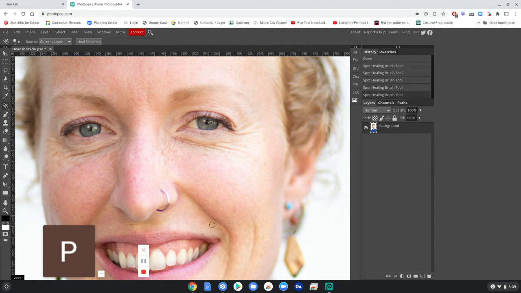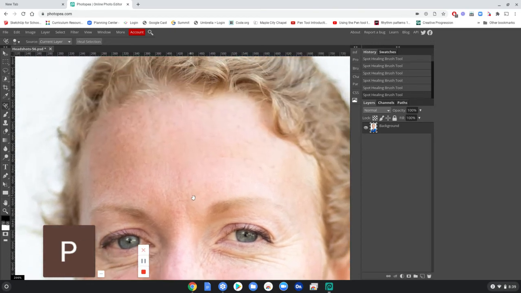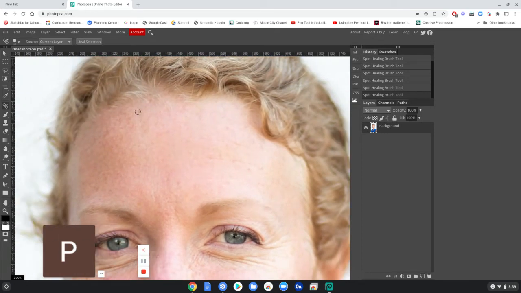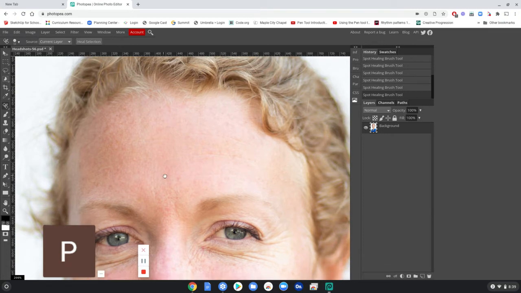So go ahead and practice. Go around and find some blemishes. Maybe use the hand tool and pan up to the forehead and find some other stuff you can get rid of. Some of these are just freckles, but blemishes, in my opinion, are things that would be temporary on a person. Say they got in an accident, got a scratch on their forehead from their cat or whatever. That would be something temporary that you would want to remove. Also, things like pimples are there temporarily. They're not permanent